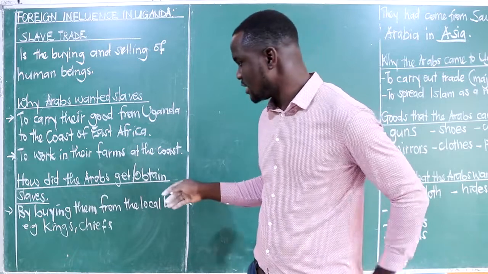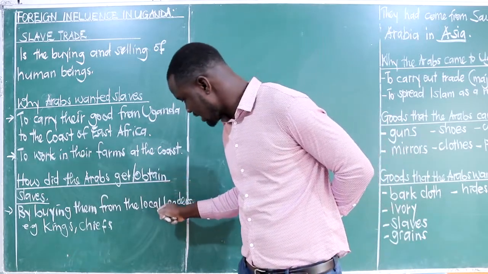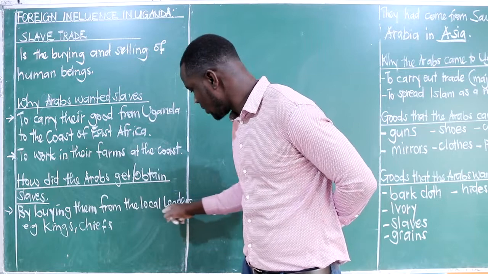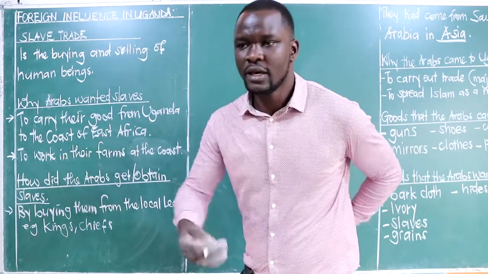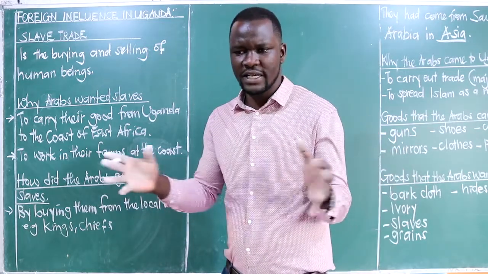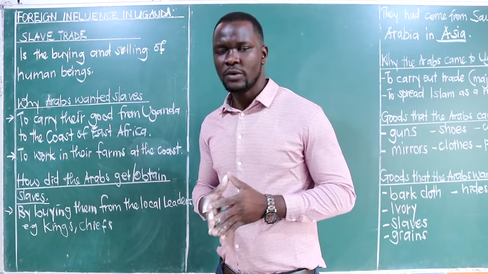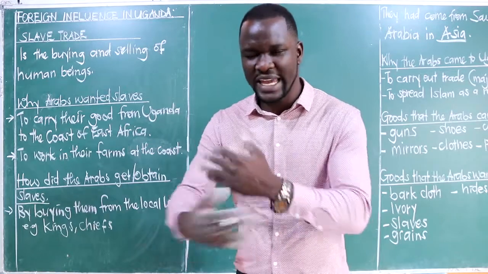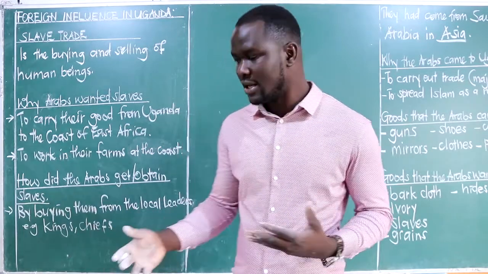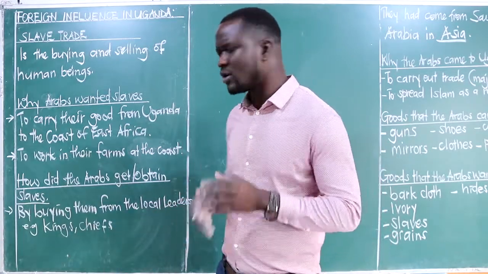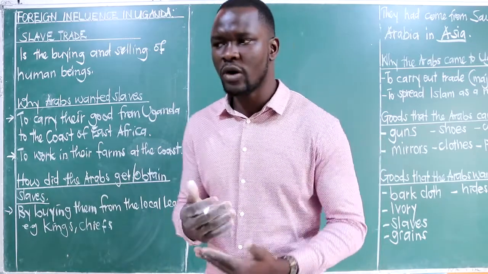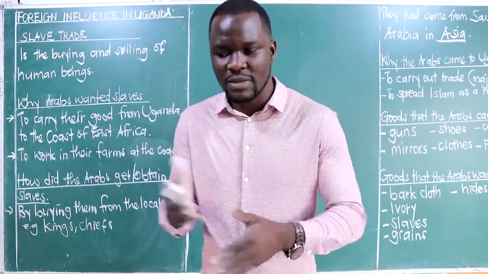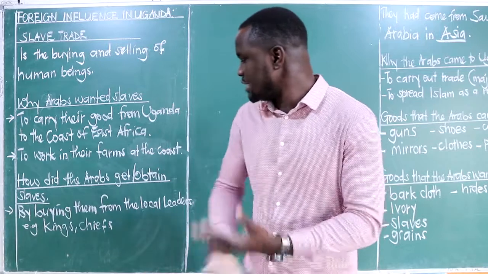And that's the reason why you'll be having a question asking you, why were the local leaders not happy with the abolition of slave trade? When you go to primary 6, we shall be looking at how slave trade was abolished. To abolish means to end it, how it was ended. And you'll find that these local leaders were not happy with it being ended, with it being stopped. They wanted it to continue.